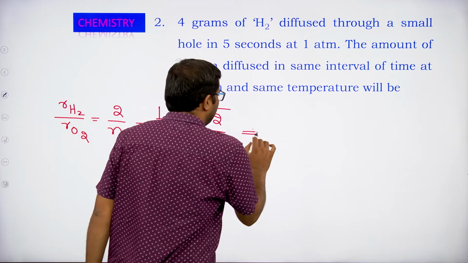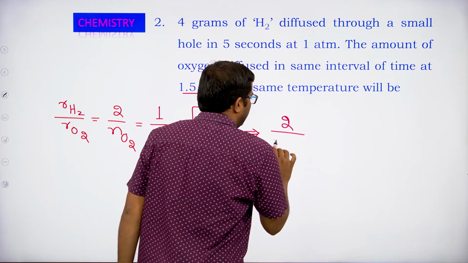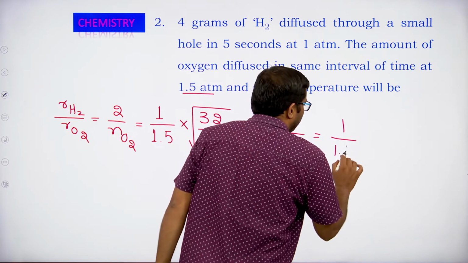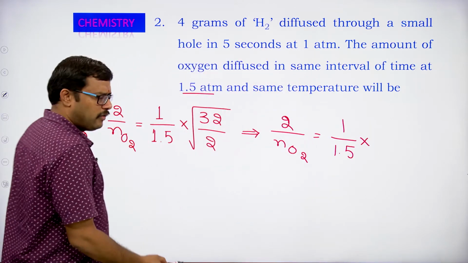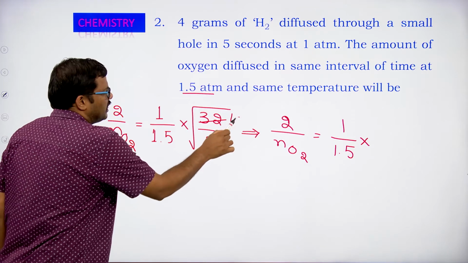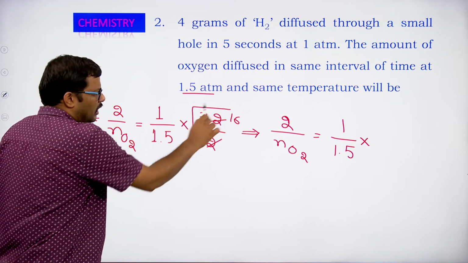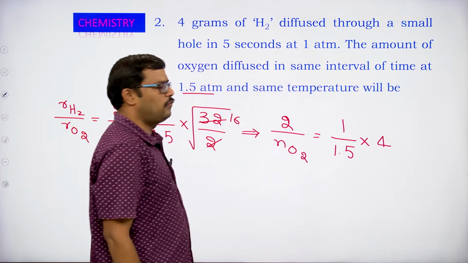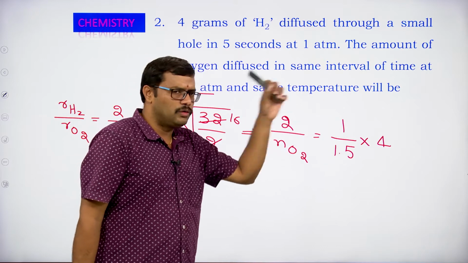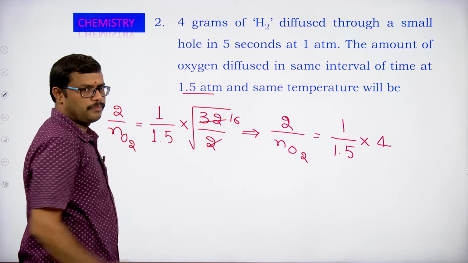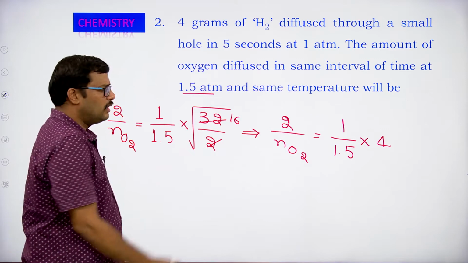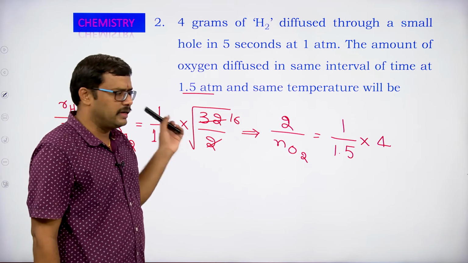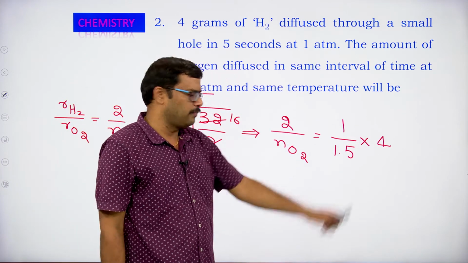So, when you solve this, it will be 2 divided by N of O2 equal to 1 by 1.5 into, if you go for cancellation, 2 ones are 2, 16s are 32. 16 under root, 4 square, so it will come out as 4. So, it is 1 by 1.5 into 4 is the value for this particular square root. 2 ones are 2, 16s are 32, that 16 under root is 4, 4 4s are 16, so 4 square and root gets cancelled, 4 will come out and it is 4.